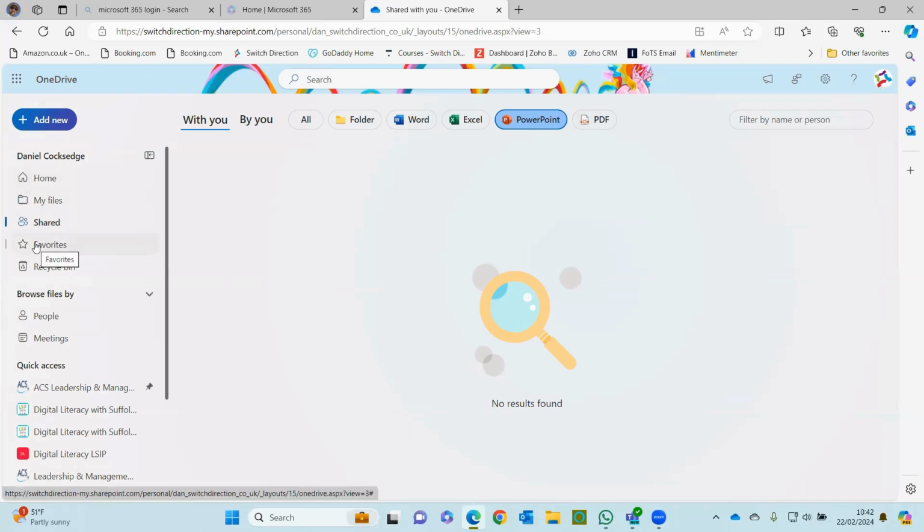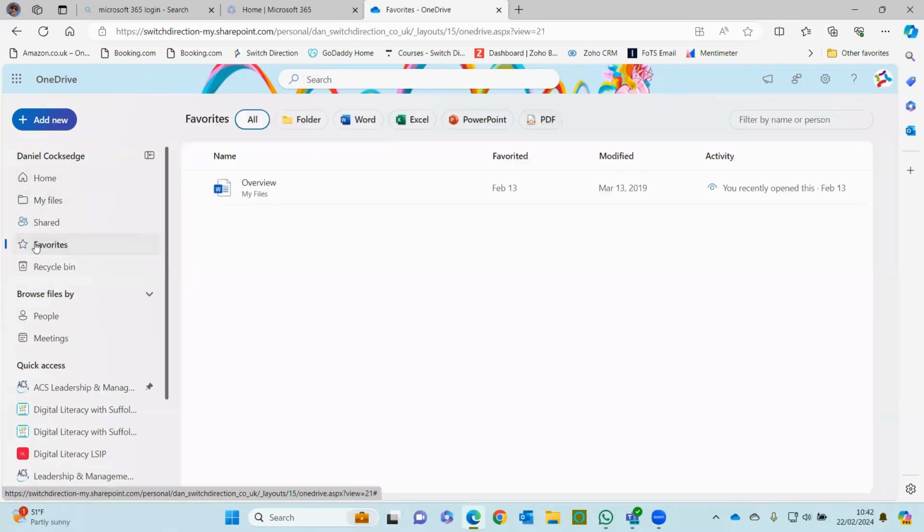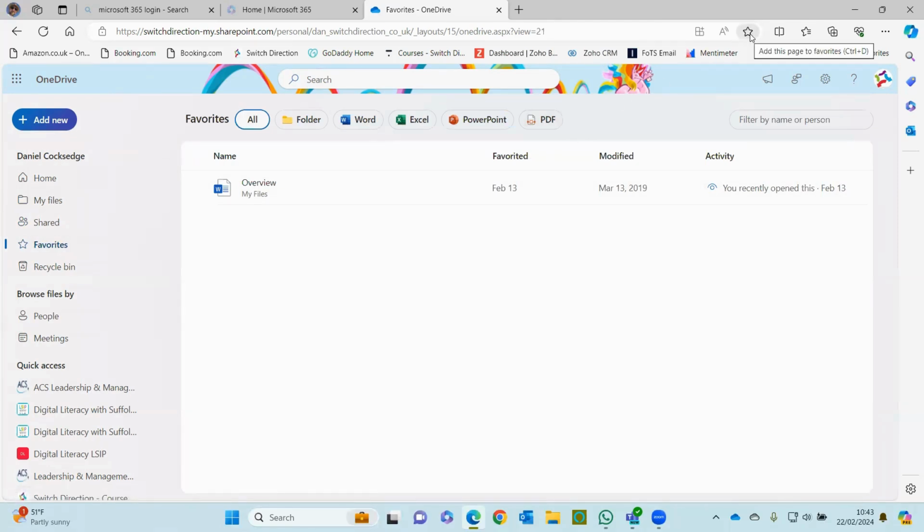Now, on the left-hand side again, you've then got your favorites options as well. Favorites are kind of like your pinned options when you're in Word. These are documents that you go to again and again, and you can highlight those as favorites by using a star option. It's a bit like a web browser: if you're on a web browser, you can star a page and it'll put it on your bookmarks bar. In this instance, if you're going back to the same document,